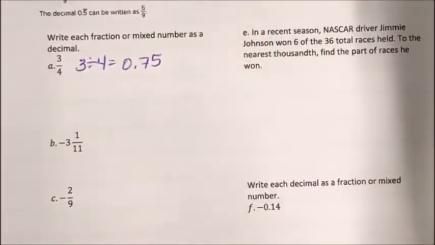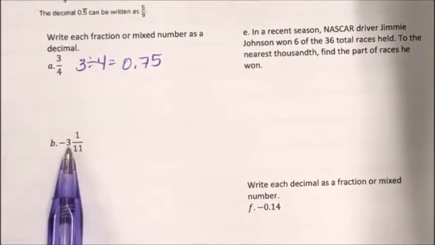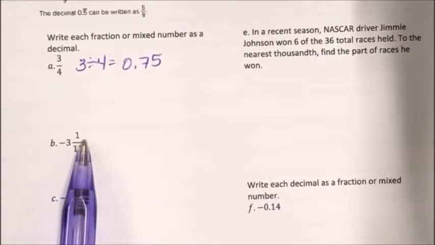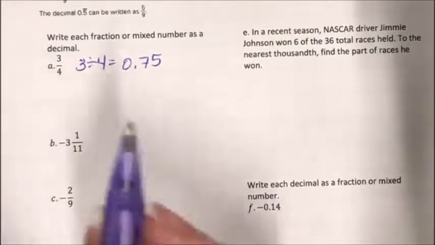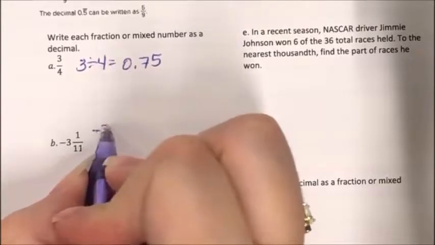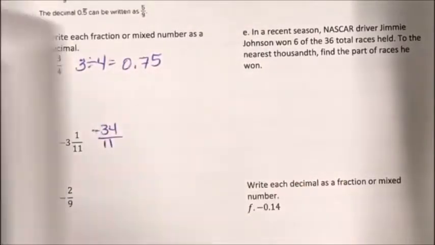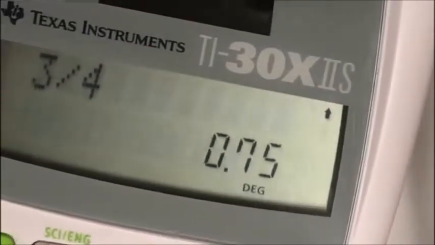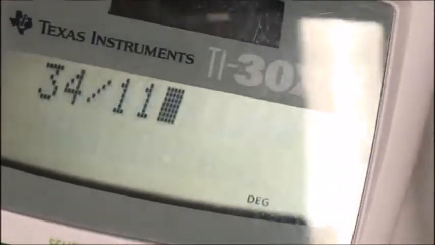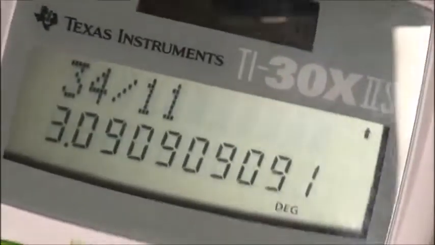So 3 divided by 4 is 0.75, okay? I'm gonna do the same thing with -3 and 1/11. So first I'm going to change -3 1/11, which is a mixed number, into an improper fraction. You can do that by multiplying. 11 times 3 gives you 33, plus 1 is 34. So this becomes -34 over 11. Okay. So I'm going to do 34 divided by 11. That gives me